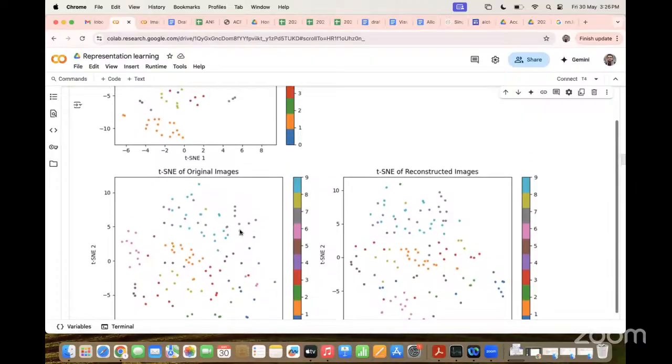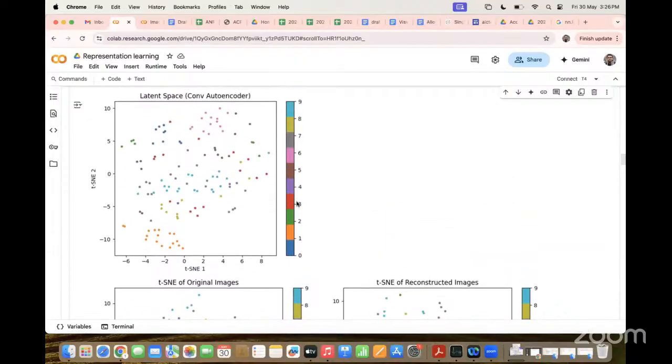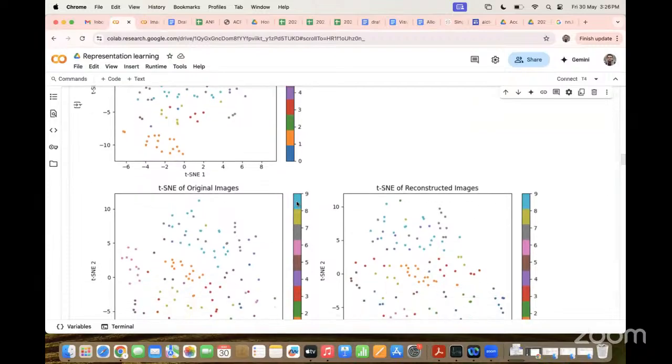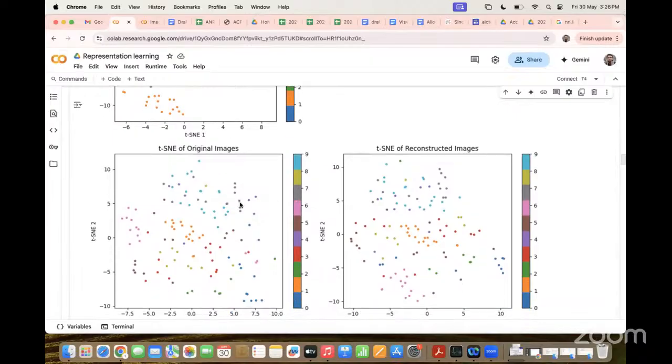The input image is 28 cross 28, and the latent space is a 128 dimension. 28 cross 28 is 784, and we try to represent it in 128 dimensions. 784 dimensions is a huge amount, so we try to represent it in a 128 latent.